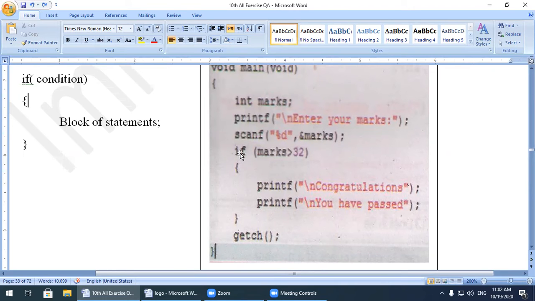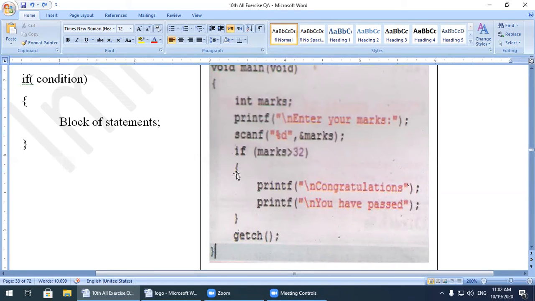Now watch here, the if statement is present. If marks is greater than 32, you assigned marks as 50. 50 is greater than 32, is the condition true or false? Obviously 50 is greater than 32, the condition is true. As I told you in the general structure, when this condition becomes true, then the block of statements will be executed.